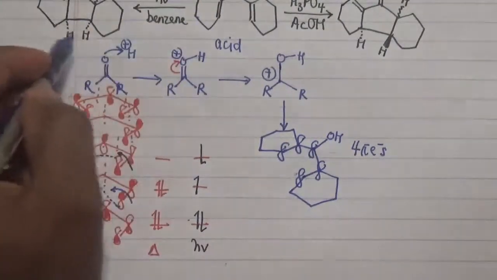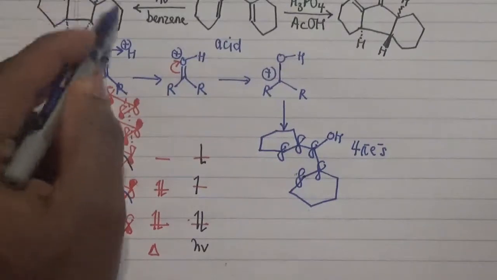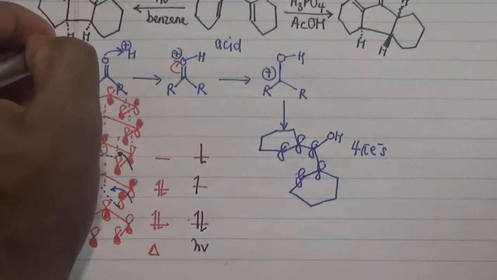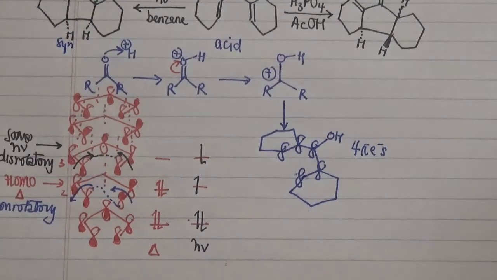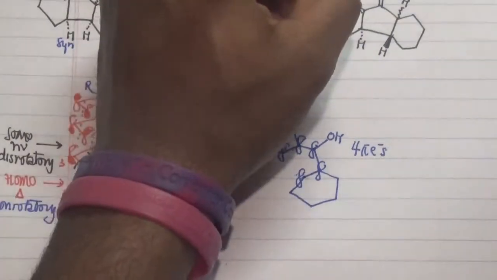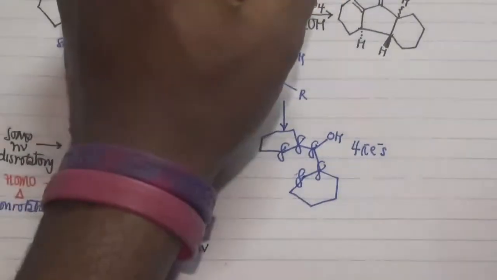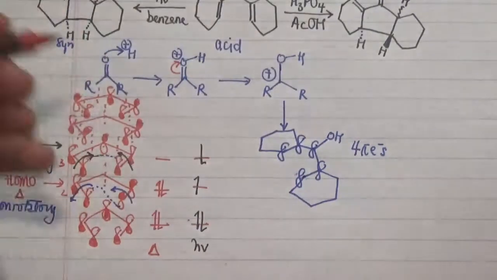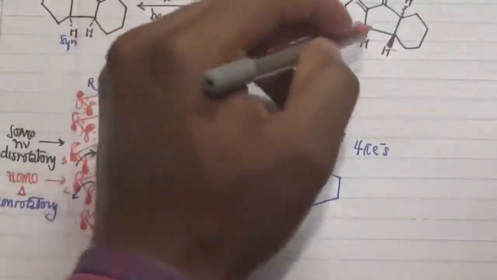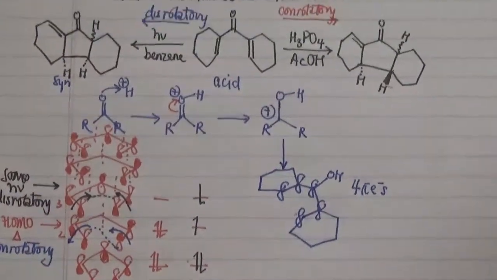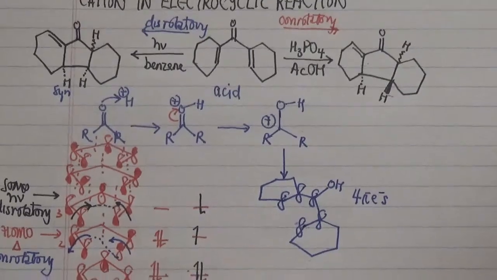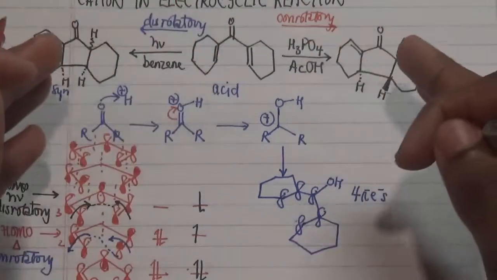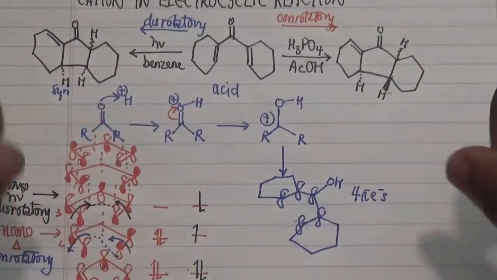process that leads to the formation of our compound, where the protons are actually positioned in the syn case, while on the other side we do have our conrotatory, where our protons are actually positioned in the trans sense over there. So that's about it for our MOs that actually determine the positioning of our protons as the bonds are being